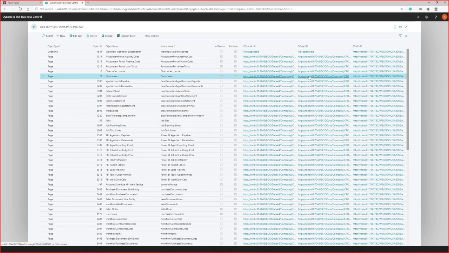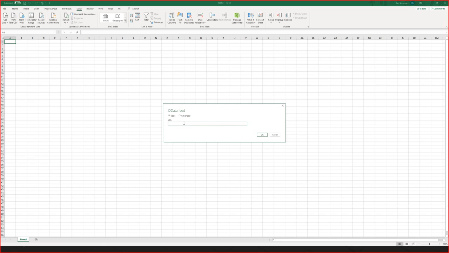Now in Excel, you have to use the base OData, not the V4. All that changed is that this one says OData V4 and this one just says OData/. Excel in this instance still uses the base version. So I copied this URL information, and now that I've copied that, we're going to jump back over to our Excel document and just paste that right in there.